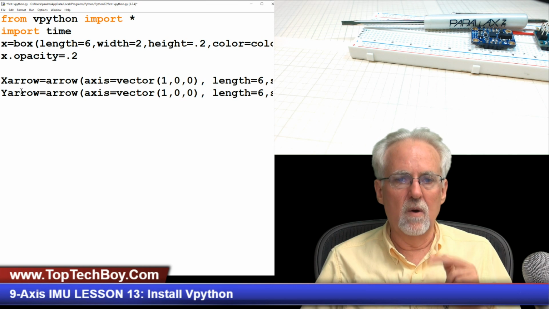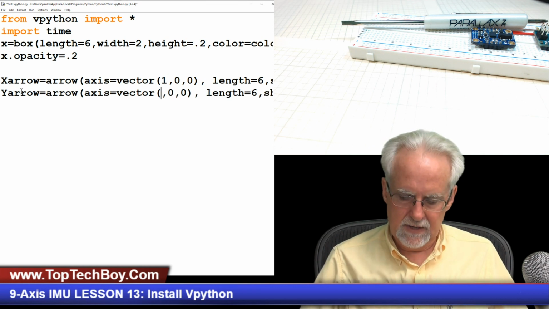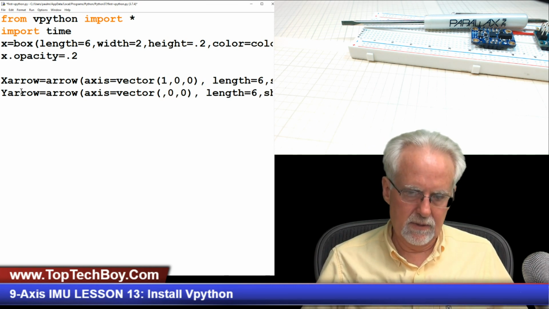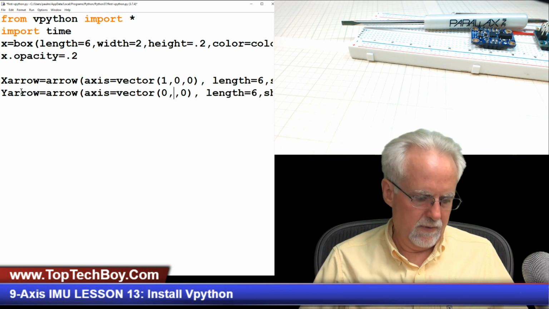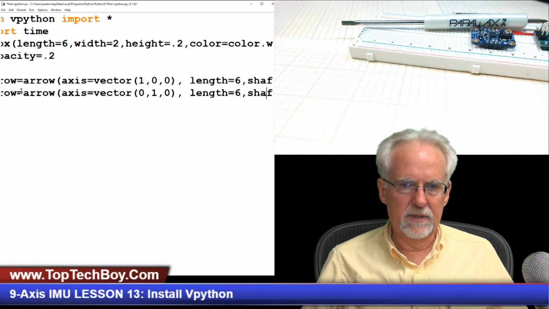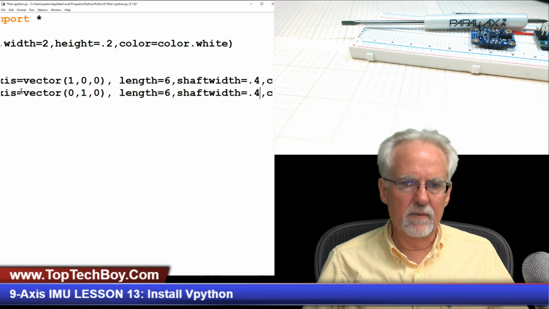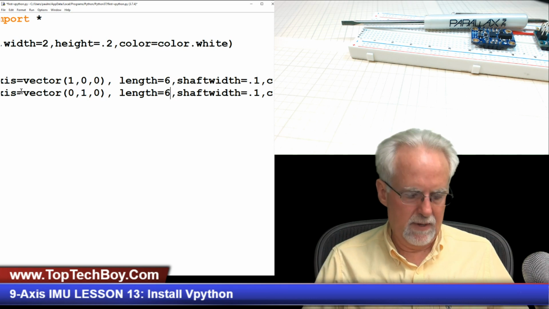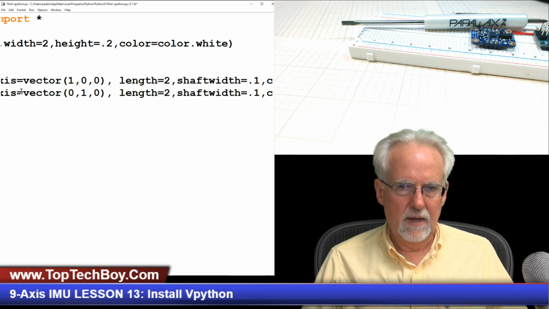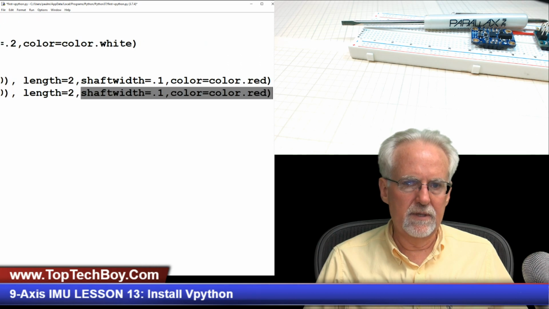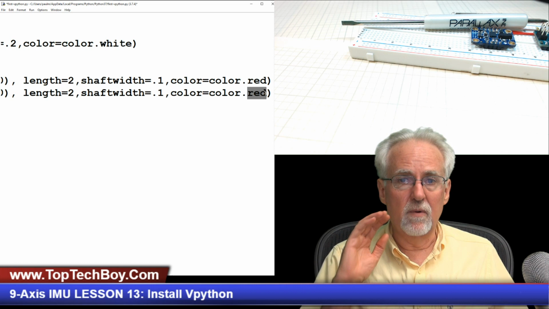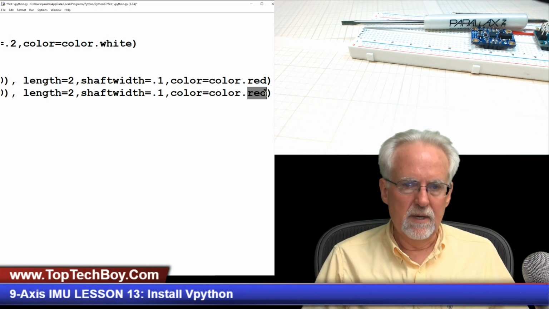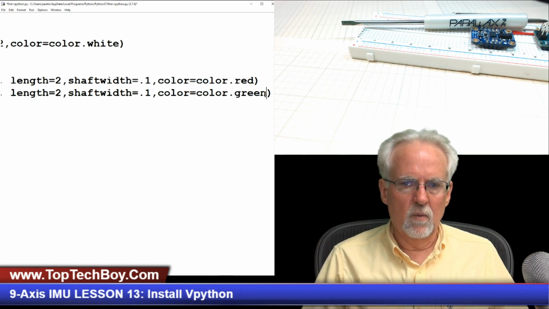It would be 0, 1, 0, and that should point along the Y axis. So this will be 0, and this will be 1, and then this will be 0. I thought that was a little awkward, so I'm going to put it at 0.1 and 0.1. And then I think I'm going to make our length 2. I just made them big so that we could see them. Color is equal to red, green, blue. So that way, always think red, green, blue, X, Y, Z. So I always make Y green,